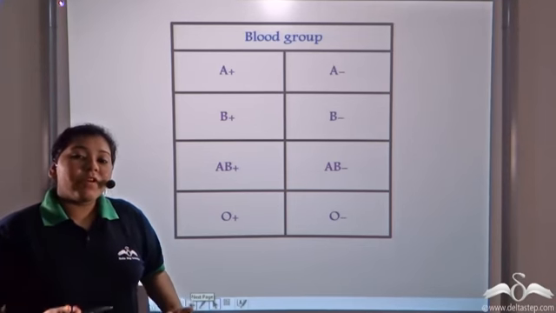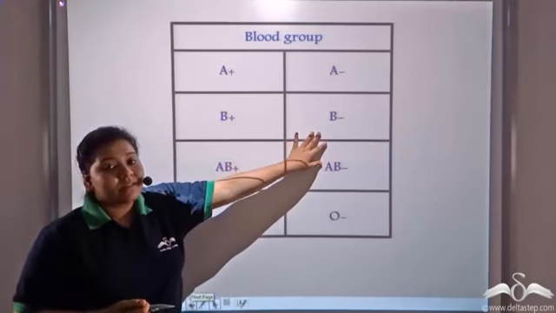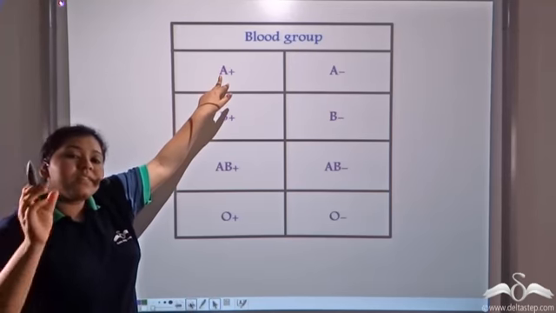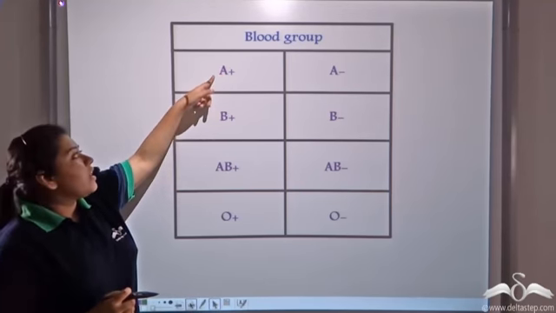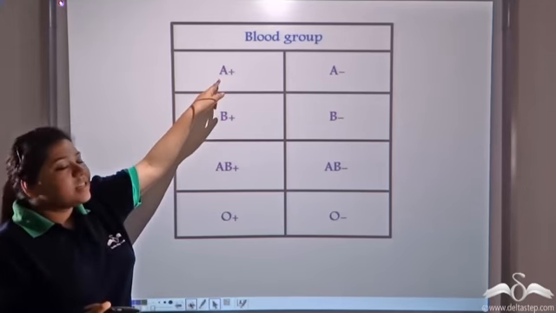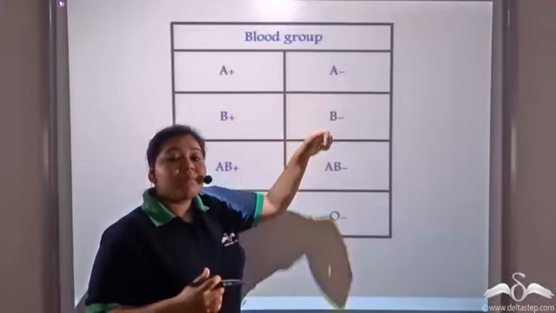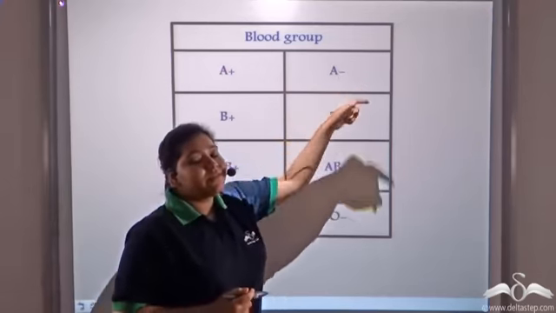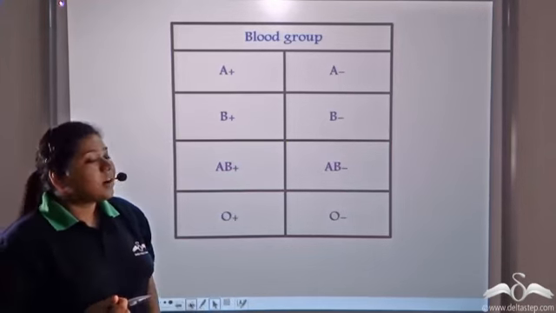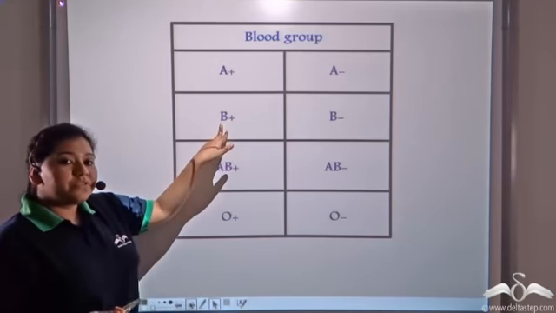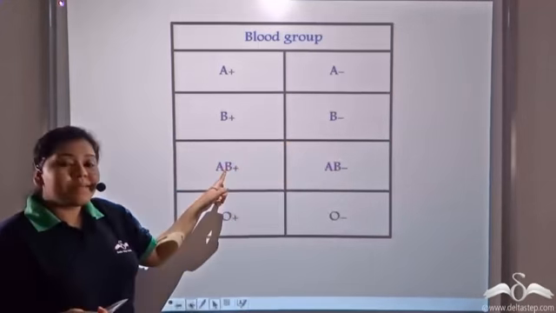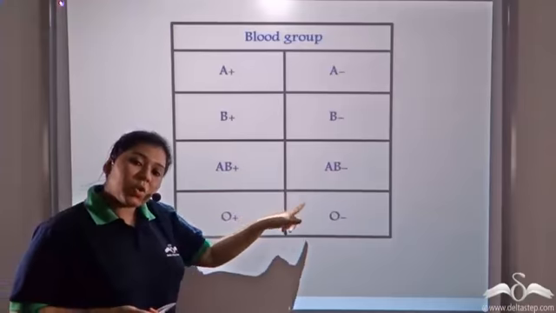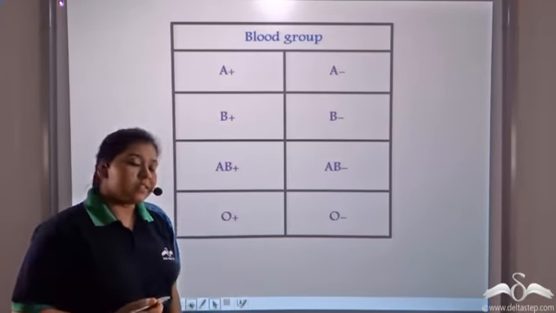So today we follow this blood grouping system. If a person is carrying A blood type along with the Rh antigens, we call him A positive blood. And if he possesses A blood group but without the Rh antigens, we say that he belongs to the A negative blood group. Similarly, a person can have B positive or B negative, AB positive or AB negative, and O positive and O negative blood in his body.